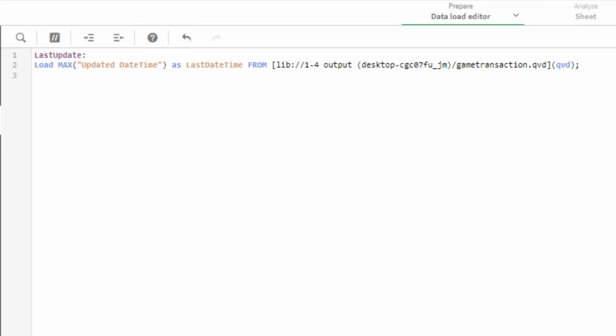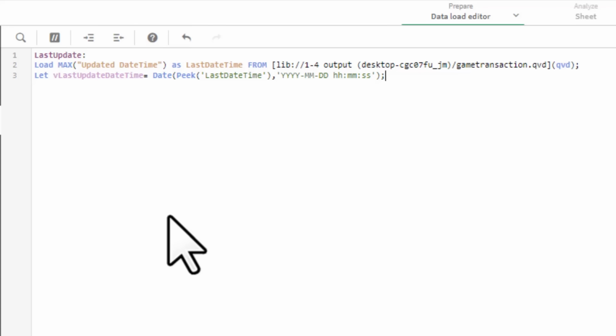Add another line on the script, then type let vLastUpdateDateTime = date(peek('LastDateTime'), 'YYYY-MM-DD HH:MM:SS');